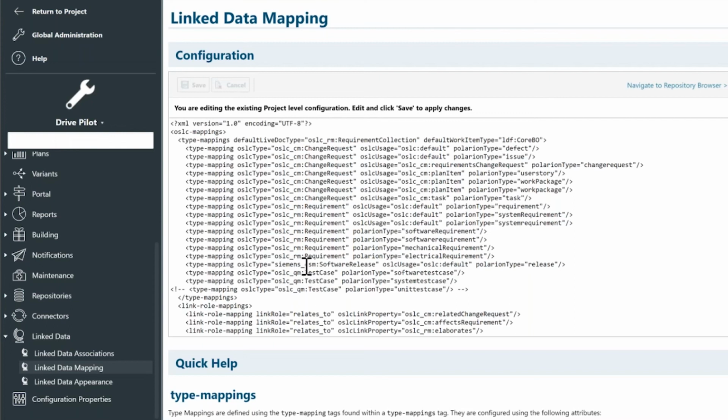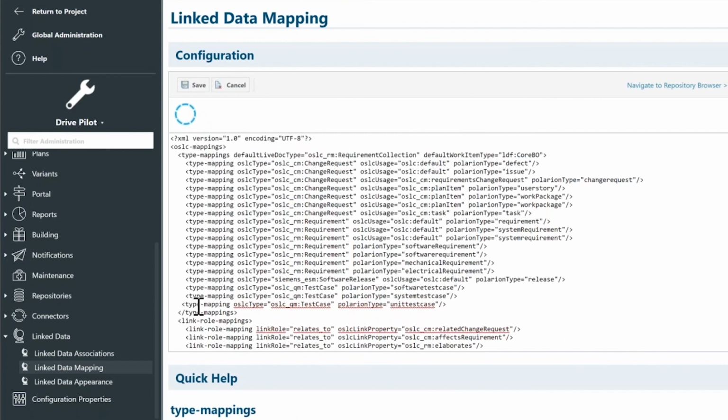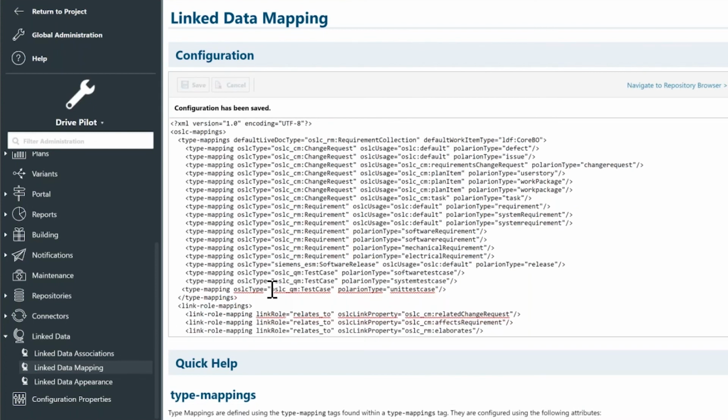In this case, I also have you see the mapping to software test case and system test case here. I have commented out unit test case just because I knew that I would probably make a mistake when typing something in during a webinar. We can uncomment this and save this mapping. Now, what this is telling Polarion is that from an OSLC type, in addition to software test case and system test case, our unit test case type in Polarion, we also want to make available to this